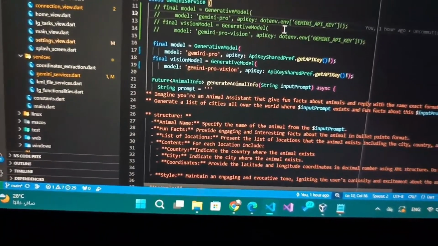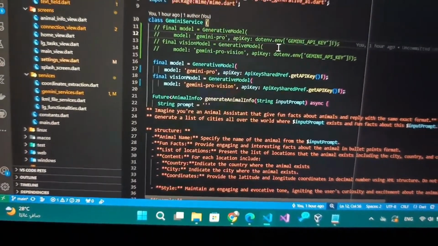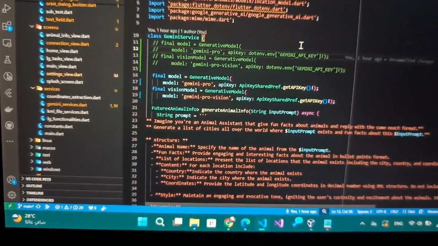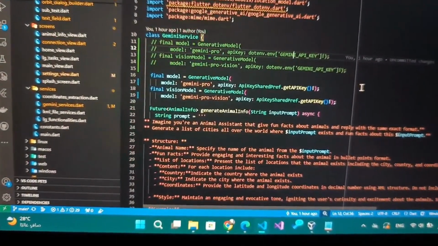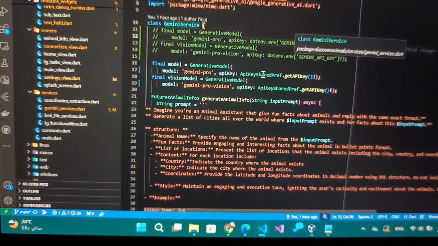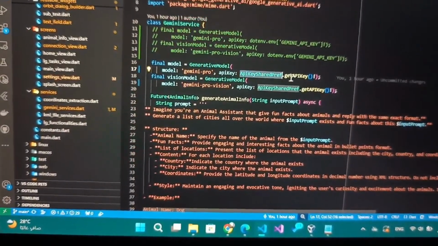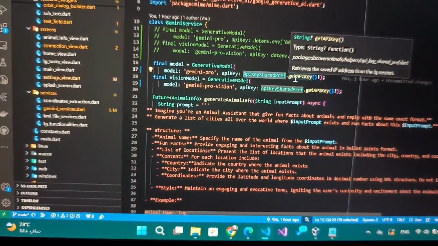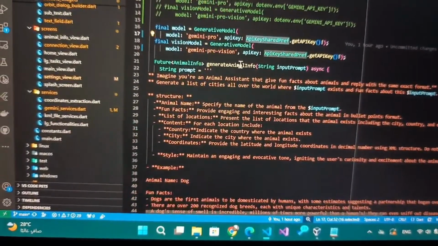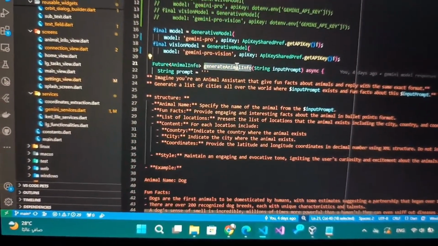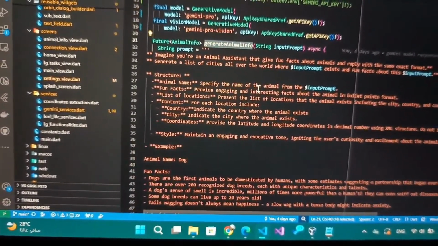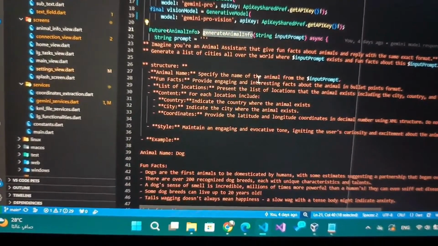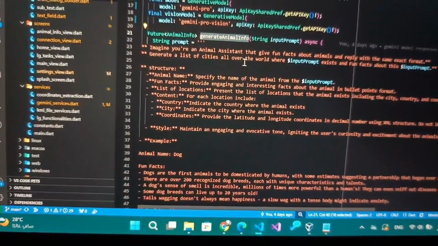I'm going to focus more on the Gemini service, since this is the main focus of the app. So here I use the shared preference to get the API key of the user, and I generate the animal info, and I have tried many of the prompts. So I tried a lot of them until one of them gave me the best results.